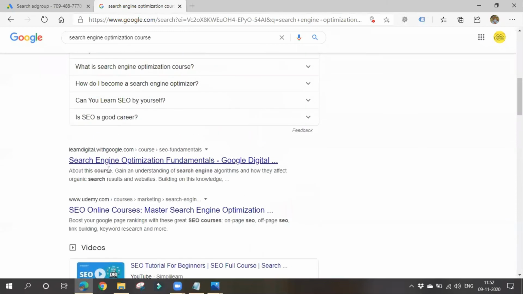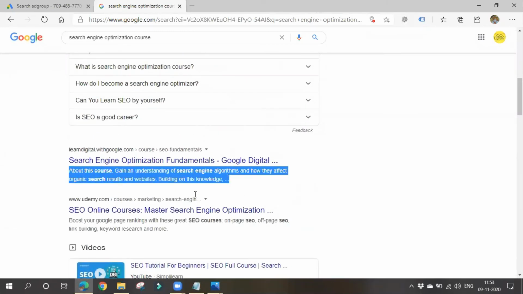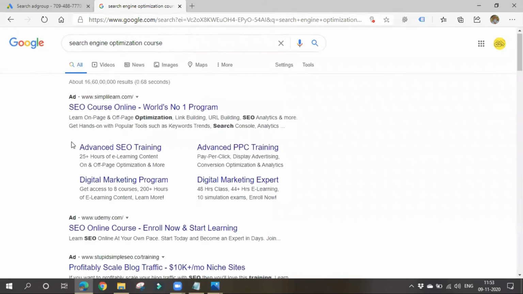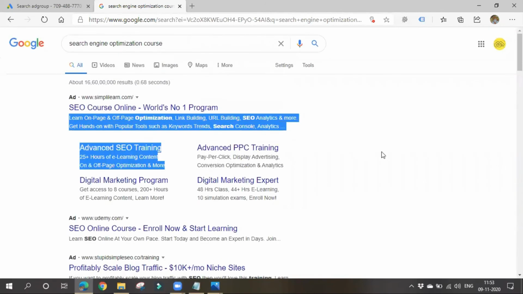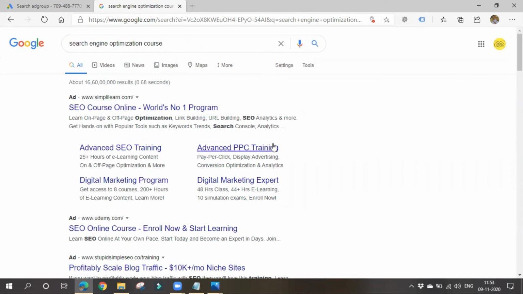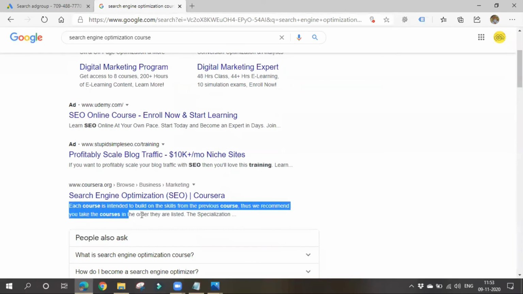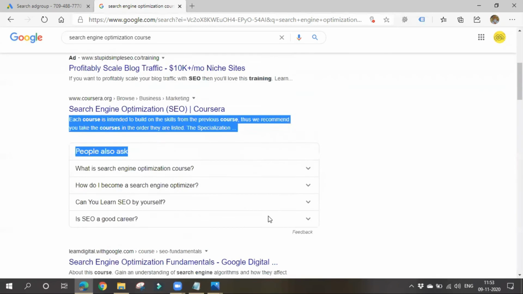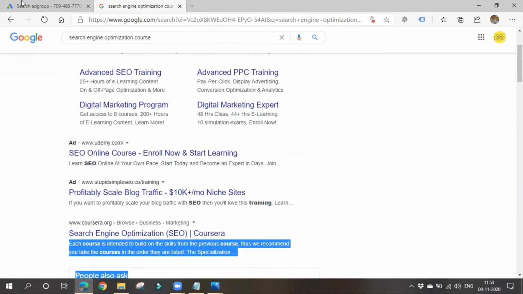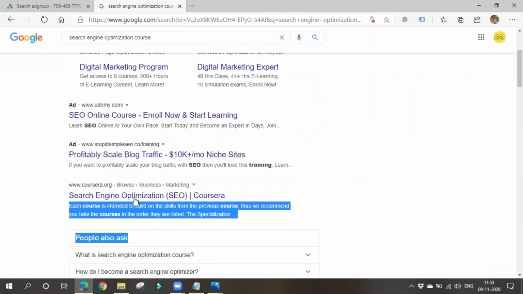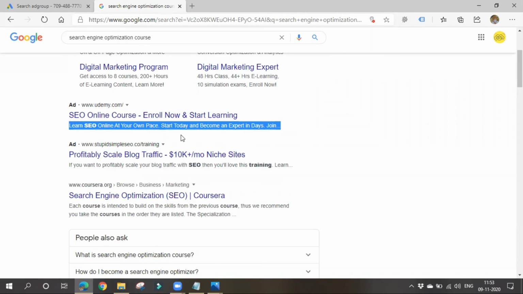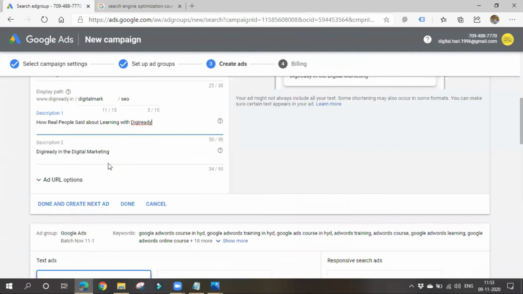Next thing is the description. This is also very important. This 2 to 3 liner thing is the description. I'll also show you later how to write all these things. This 2 to 3 liner description is very important, so please write it in a proper way. People will click on your link by seeing this description only. Previously it used to display at least 2 to 3 lines, now it is showing only 1 line. I don't know why. Google is getting updated.